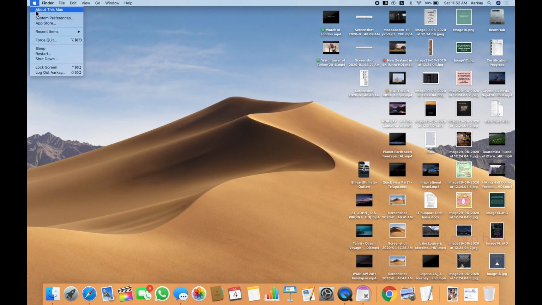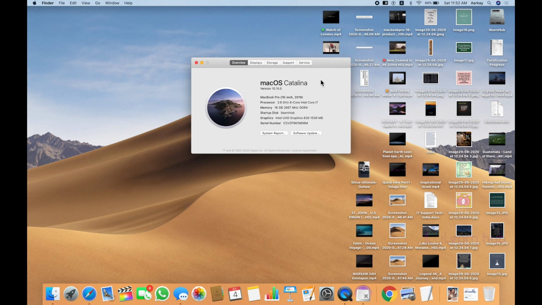The operating system I'm using at this moment is Mac OS Catalina 10.15.5. Okay, so please let me know your operating system name in the comment section, and mention your doubts or troubles, something like that, which I'll try to answer in the comment section.